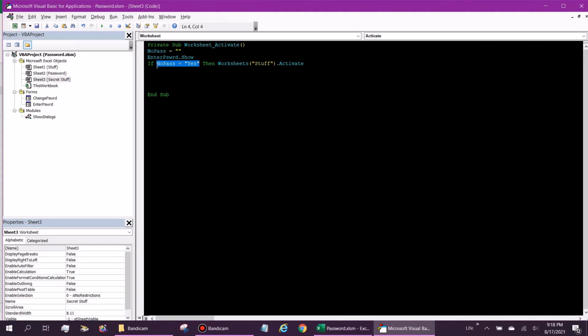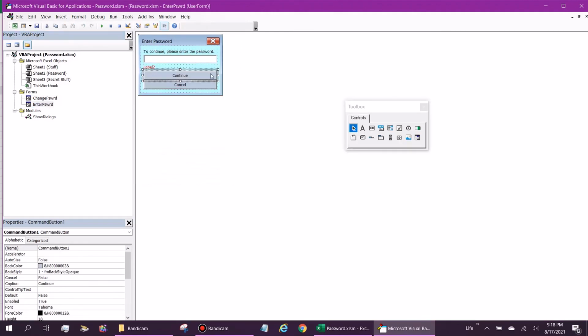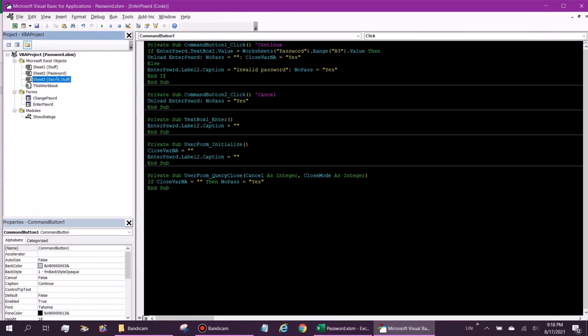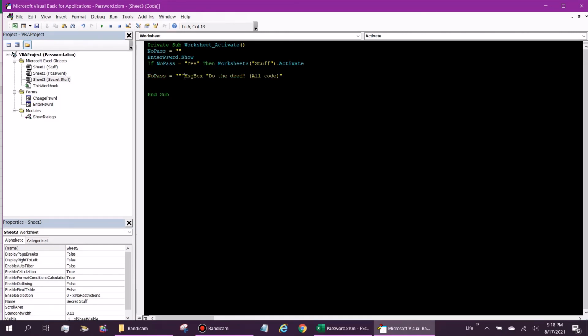So the first thing I'll do is ensure that no pass is blank again. And then our message box would go in here now, right? So I'm going to just cut this out of here and paste it into here. Of course, we'll put our little comma there. Okay. So if this is yes, we also need to say exit sub, right? Because we don't want to continue. So if this is true and we activate the other sheet, we don't want to continue with whatever your code